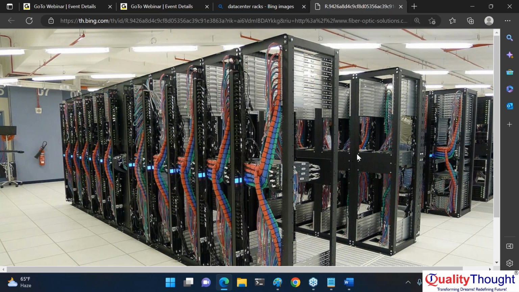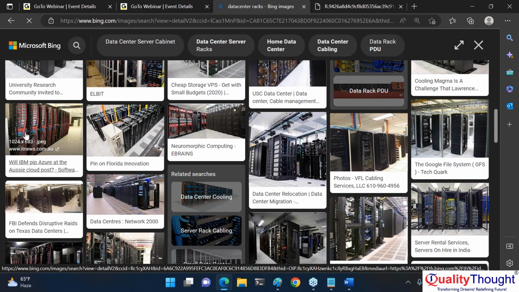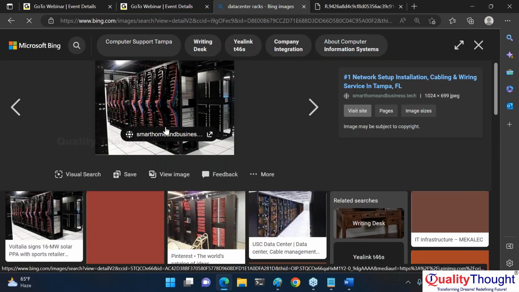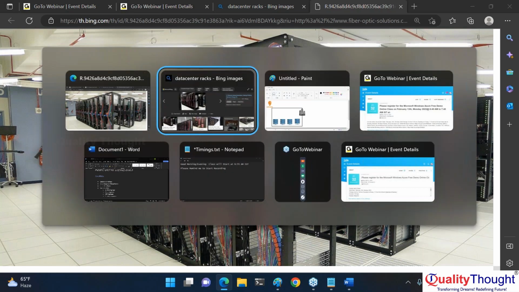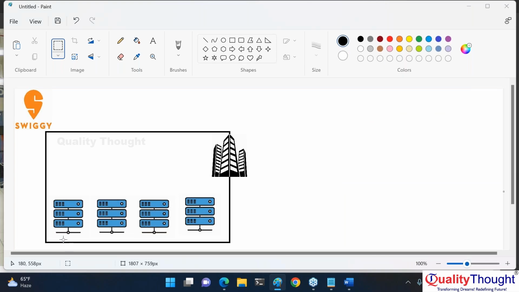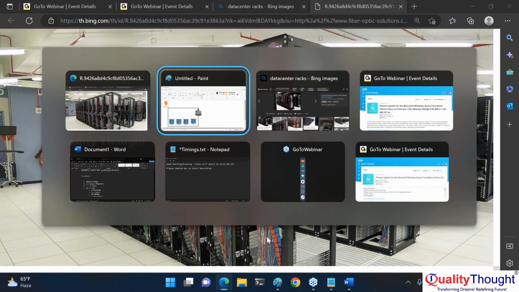Depending on the organization, it might be much better organized than this. For example, this looks a little bit more organized than whatever we have seen before. So there is a data center organization. Here each of these is representing a rack which you are trying to see.